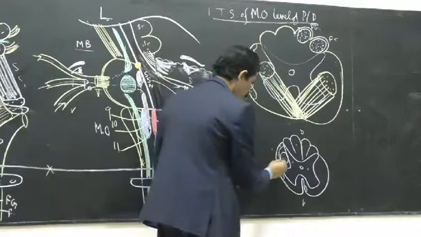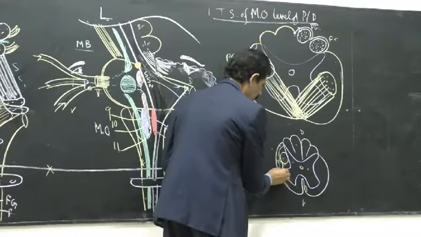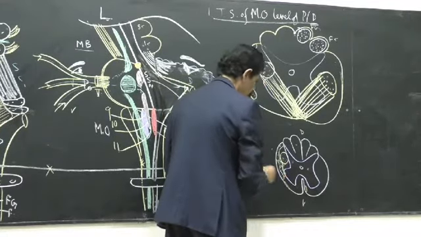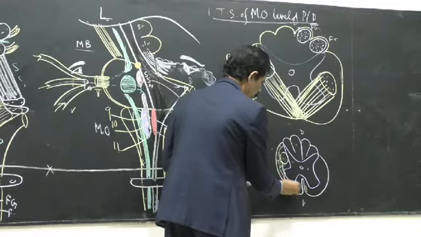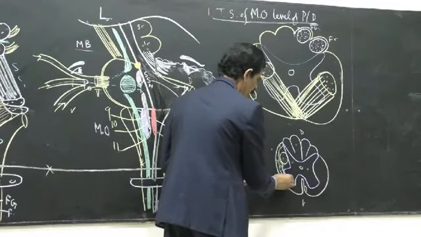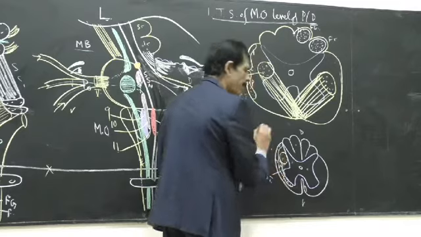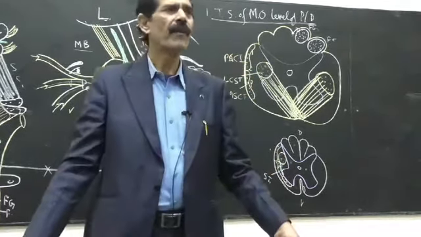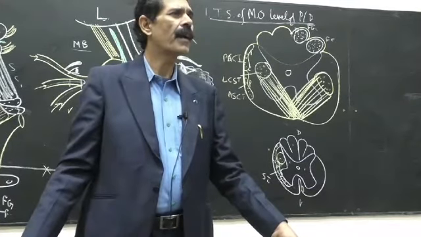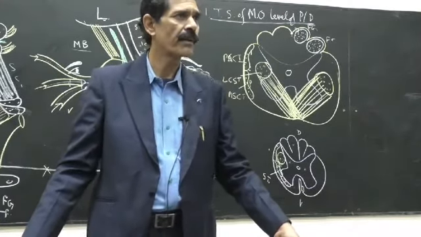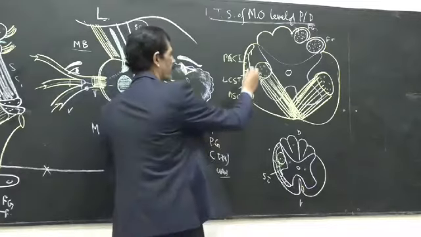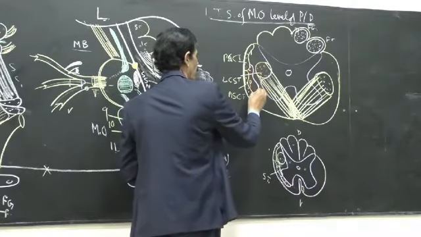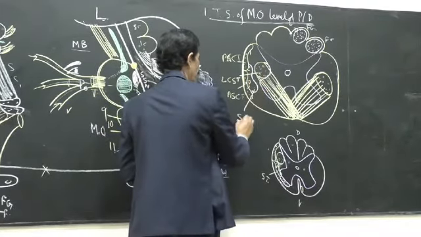Then just medial to it. In the spinal cord, we have shown the two bundles, lateral and anterior spinothalamic. These spinothalamic tracts go upward. When they go upward, now they are called the spinal lemniscus, if you remember. The same is seen here. Both together now, but now their name is spinal lemniscus.